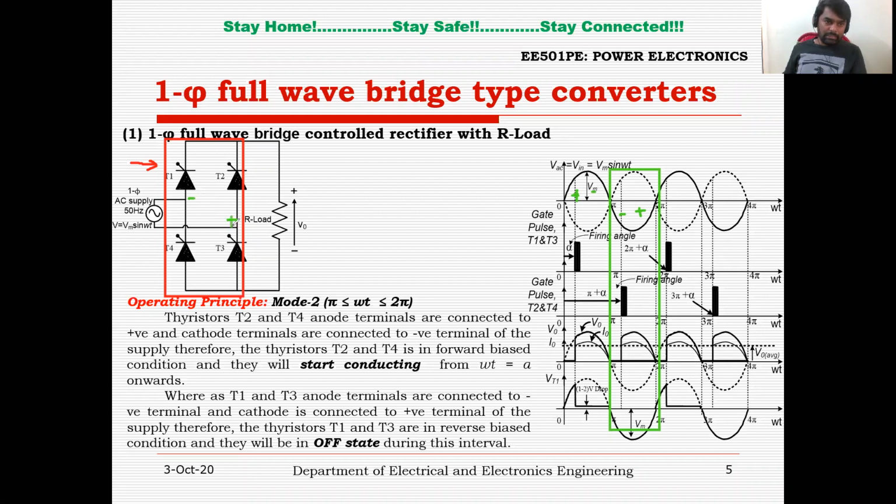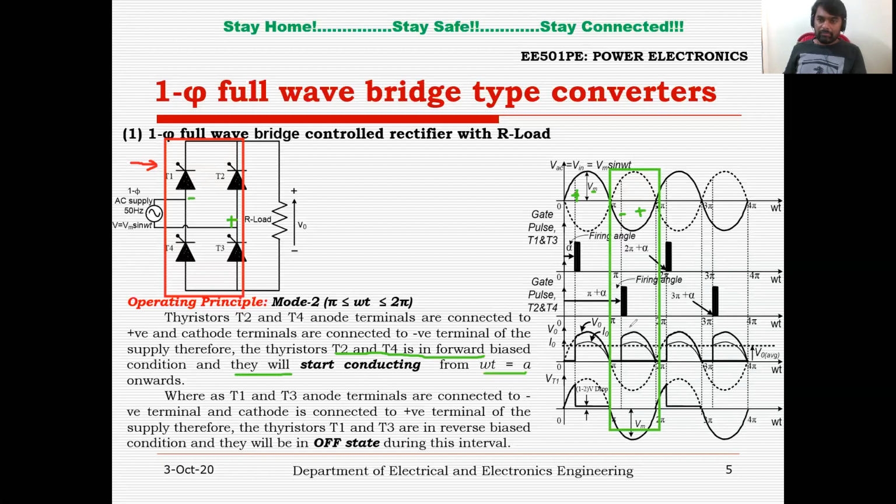Leg B center point is connected to positive. Now you can say thyristor T2 anode is connected to positive, so it is in forward bias condition. Similarly, thyristor T4 cathode is connected to negative, so it is also in forward bias condition. So these two devices will be in forward bias condition, and they will start conducting from omega t equal